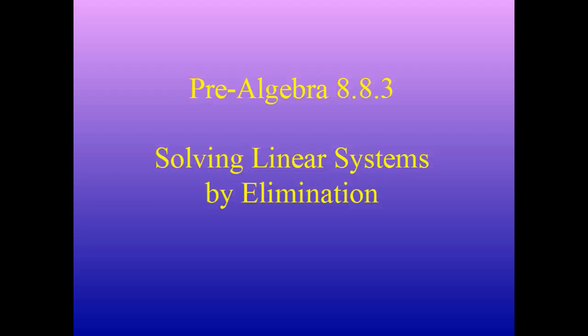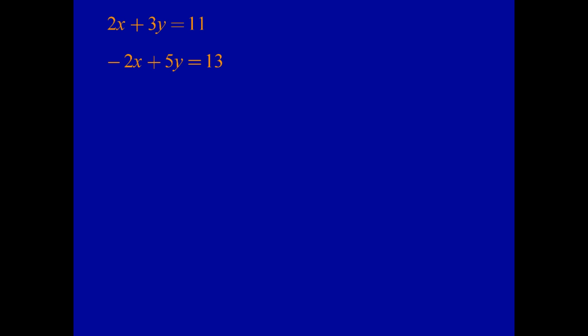So we've learned how to solve systems of equations by graphing. And some of you are going to be watching this after having watched how to solve it using substitution. Some of you are going to learn this one first, and this one is called elimination. Okay. So what we're going to do here is we have two equations, 2x plus 3y equals 11, and